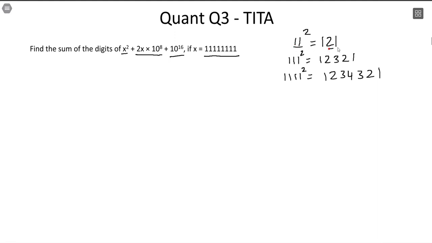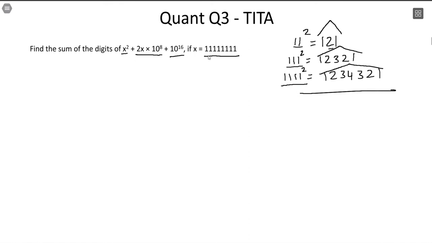You have two ones, so the middle term is 2. It increases up till 2, then it falls down. When there are three ones, it increases up till 3 and then falls down. When there are four ones, it increases up to 4 and it falls down. Some of you might be familiar with this. This is Pascal's triangle sort of representation. Those of you who are not, maybe now you know.